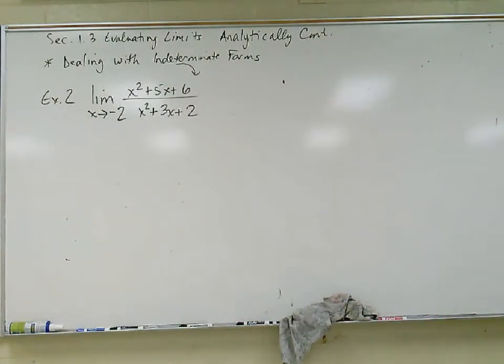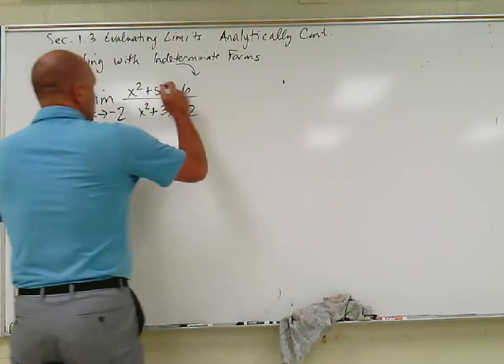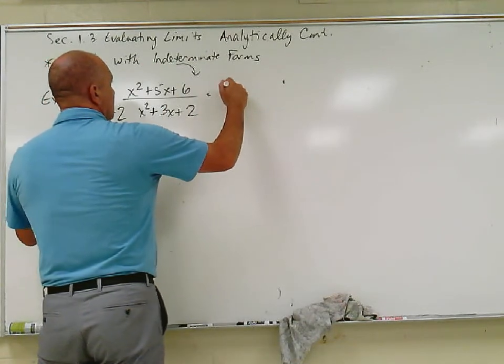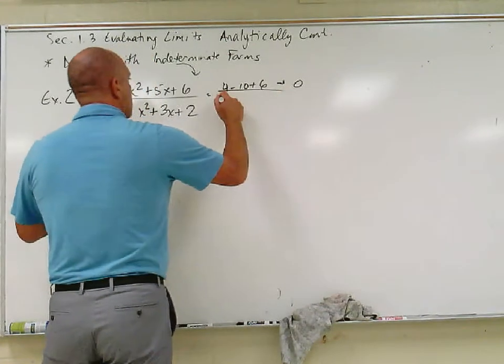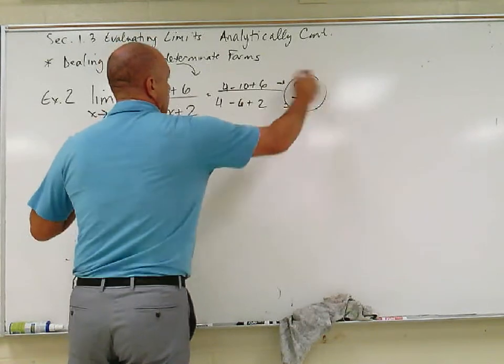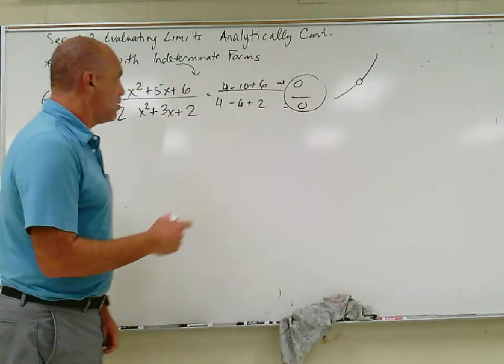What happens when you plug in -2? You get an indeterminate. You try plugging in a -2, so the first thing I'll do is try my direct substitution. I get 4 minus 10 plus 6, which is 0, over 4 minus 6 plus 2, which is 0. I get 0 over 0, which tells me I have this picture. So now our goal